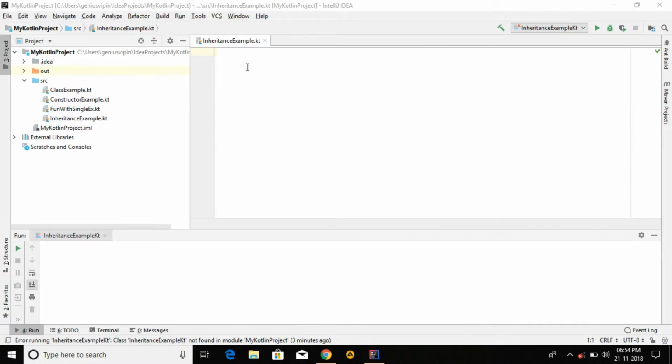Today in this series of Kotlin we are going to learn inheritance, how to implement inheritance in Kotlin. Let's see. We are creating a class first of all. The name of the class is Employee,